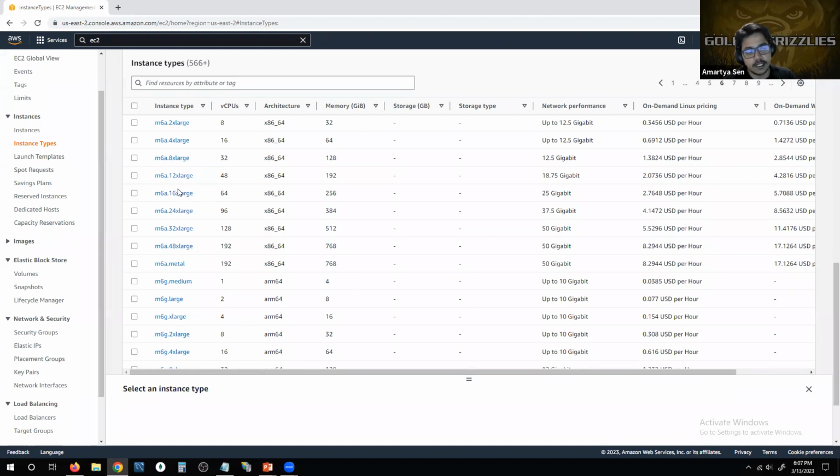So instead of storing the data within your storage volumes, you can basically store it in the memory itself and then query it, and that is considerably faster compared to your regular querying operations, right? One example of such an application is Apache Spark. That is the architecture that is essentially used to keep the data in the memory and then query it directly